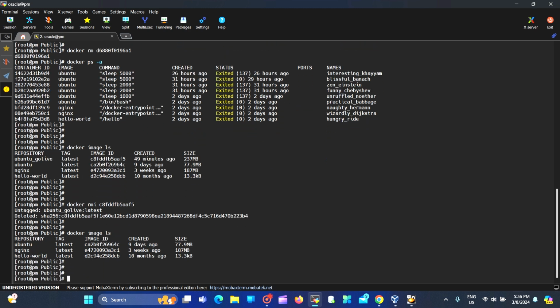So this way guys, we can build a customized Docker image using the Dockerfile. By doing all this we can do it. Hope guys this